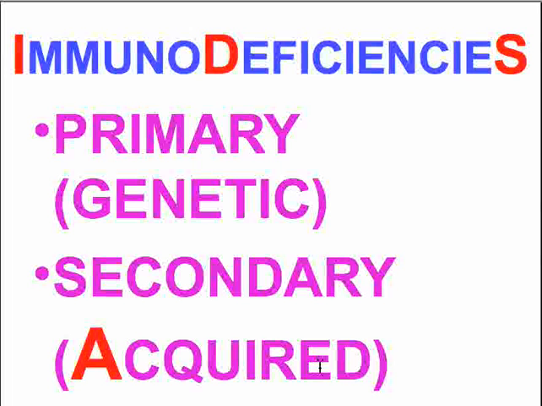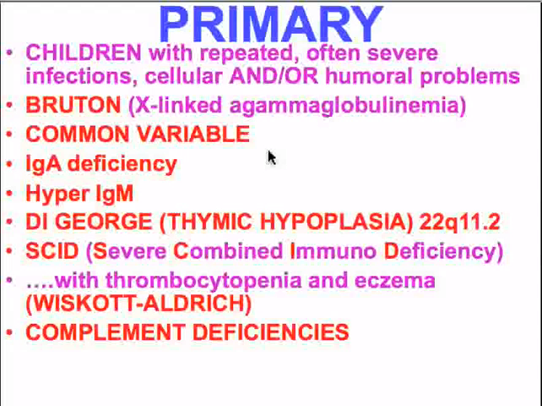But let's start out by talking about the concept of the primary or inheritable or genetic immunodeficiencies. There's a bunch of them. I think you should recognize the names easily. If you hear somebody has a Bruton or a common variable or IgA or hyper IgM, or if you remember we talked about DiGeorge disease or syndrome as well, or if you hear of a SCID, which is severe combined immunodeficiency, or a Wiskott-Aldrich syndrome, or various complement deficiencies, know that they all fall into the category of diseases in which there are